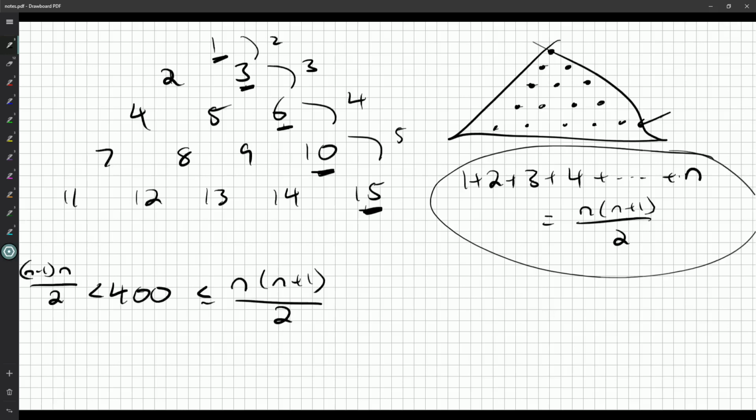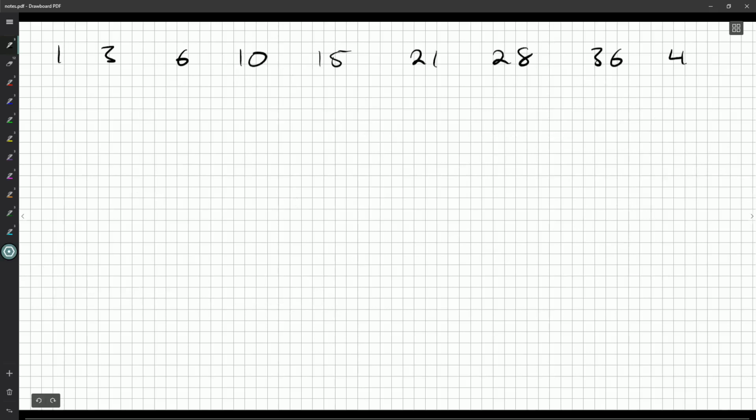So, 400 isn't that big. We could make a guess, or we could just write out the possible triangular numbers. 1, 3, 6, 10, 15, 21, 28. They look like they're growing slowly, but they will start to get a little faster. 45, 55. Okay, and you might say, I'm going to give up after a while. 78, 91, I think is the next one. And that's perfectly fine. If you want to give up and say, well, there's got to be a better way,